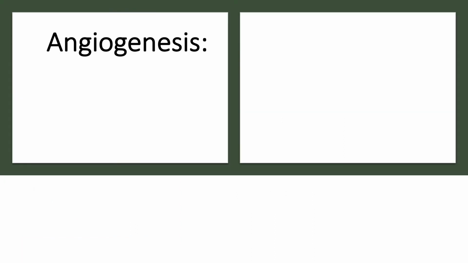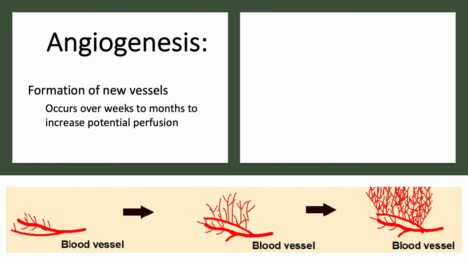The degree of vascularization can actually change, which brings us to angiogenesis. Just looking at that word, what do you suppose it means? We break it down. We've got angio, which means vessel, and genesis, which means production. So you guessed it, angiogenesis is the formation of new vessels. This occurs over a period of weeks to months, and the goal is to keep perfusion adequate when our body